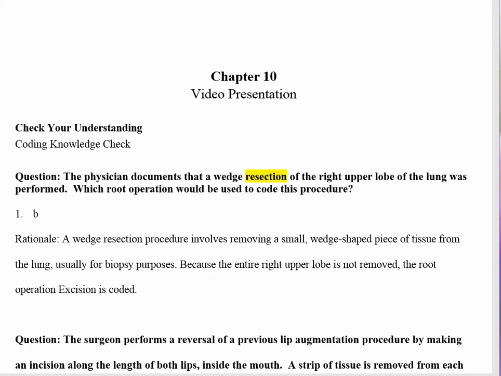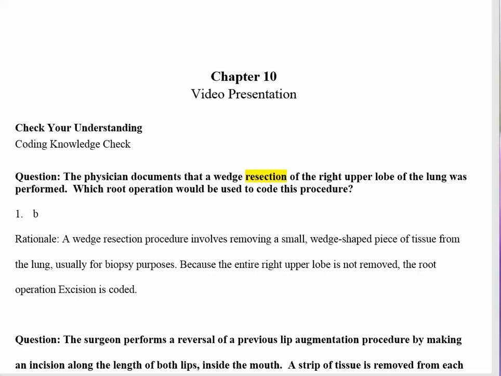That's what it means from the physician's standpoint. But from the ICD-10 PCS standpoint, we have very clear information about what is defined as excision versus resection. So in this case, the physician is doing a biopsy. It happens to be a wedge resection. That's the word that's used in the clinical information. It's a larger piece of a biopsy than, say, a needle biopsy, which is a very small amount of tissue. He's taking a larger portion, but he's still not removing the entire right upper lobe